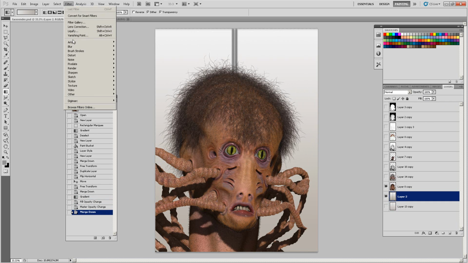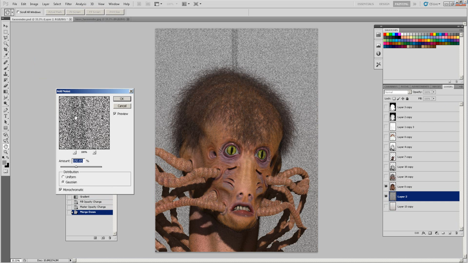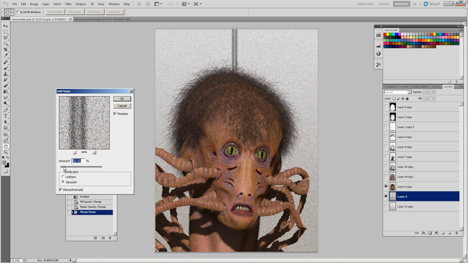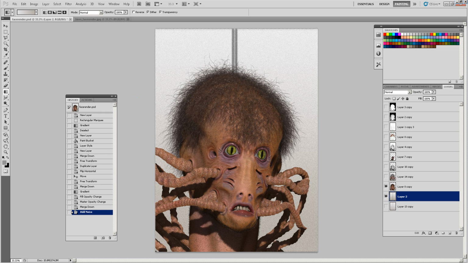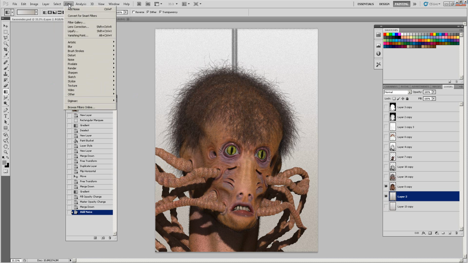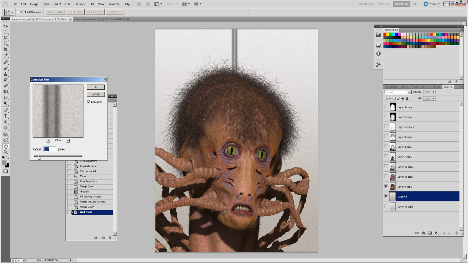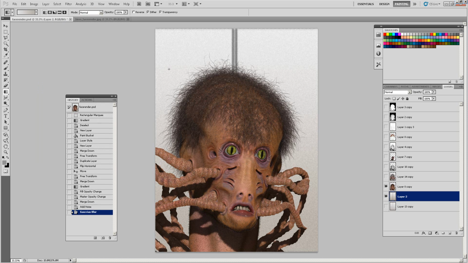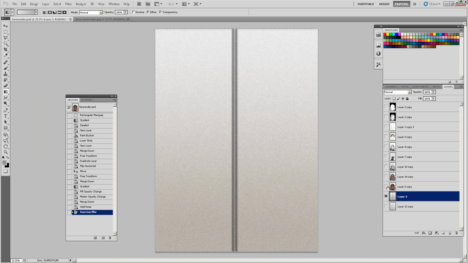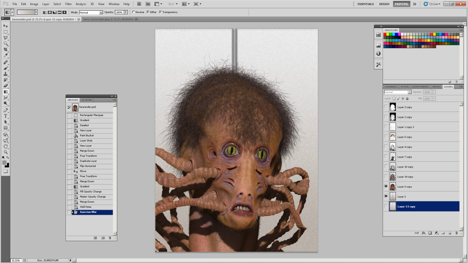Now I'm going to apply a little bit of noise, a bit too much, more uniform, and click OK. So now we've got pretty much something similar to that. Now I'm going to blur it slightly, I think, so I'm going to use a Gaussian blur, so filters down to Gaussian blur, and just press OK. It just adds a bit of noise in that background. We will be using depth of field, so that will be even more blurred at the end. So okay, that's our panel created. I'll just delete this one,